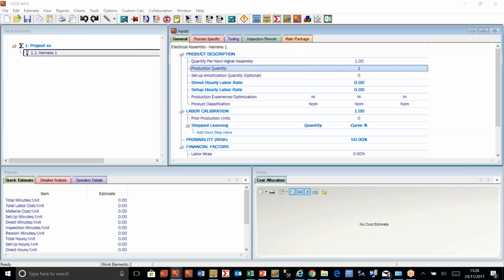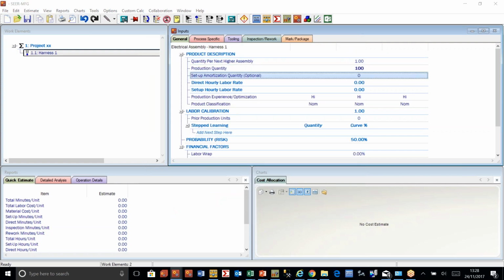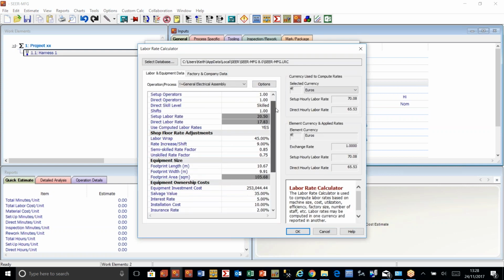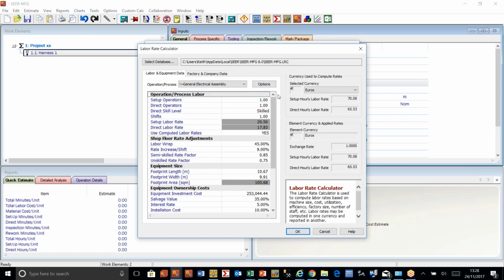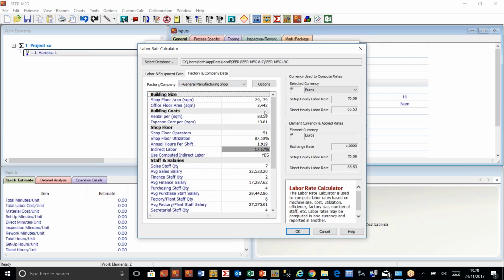So the general tab is common across all of the processes. So we're going to tell the model we're going to make 100 harnesses in batches of 10, which is setup amortization. Then we can use a direct labor rate. So we can use the labor rate calculator if we wish. And I'll just quickly show you the capability we have in that arena, where we can tell the model the level of investment, type of operators, whether they're skilled, semi-skilled, number of shifts, and so on. All the information about the level of investment and the company data, which will then derive a labor rate for